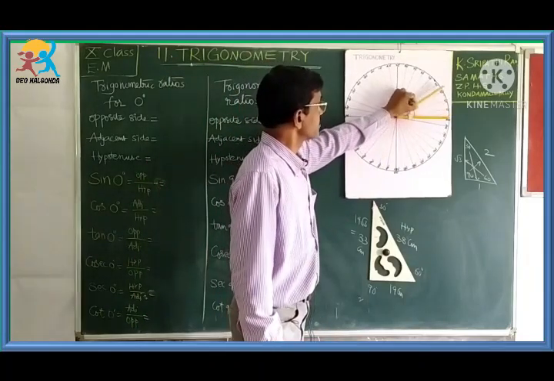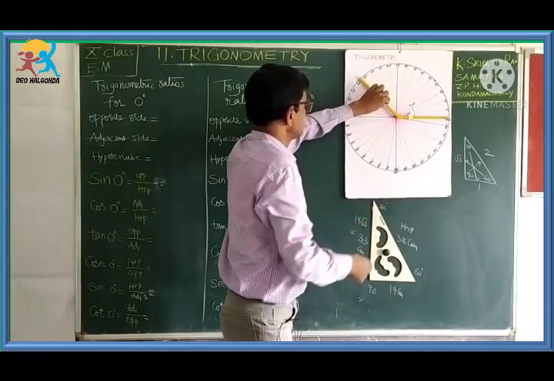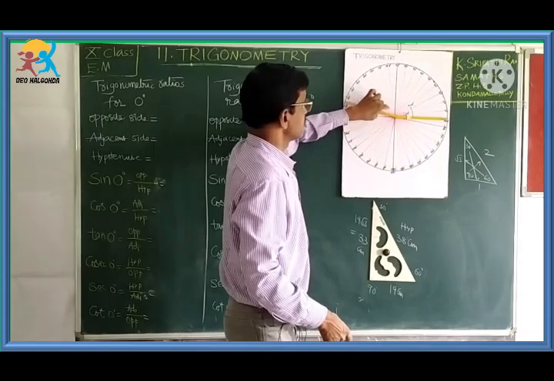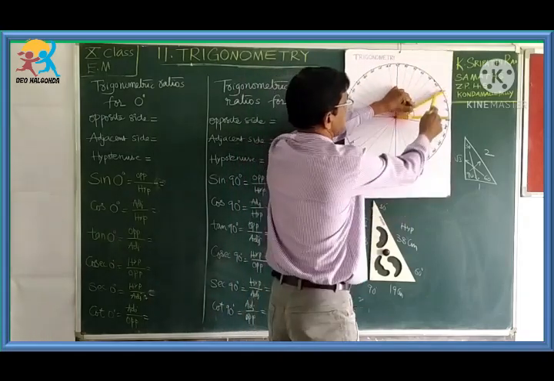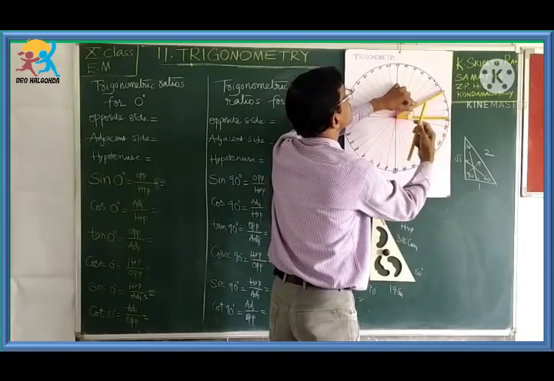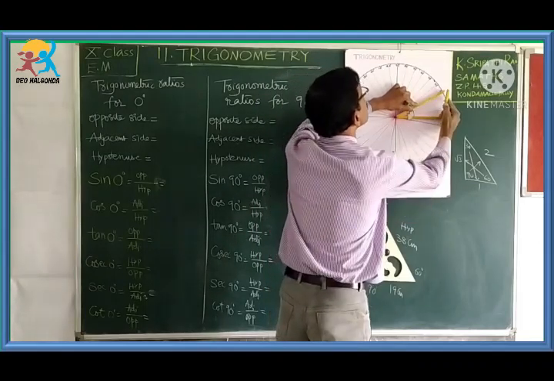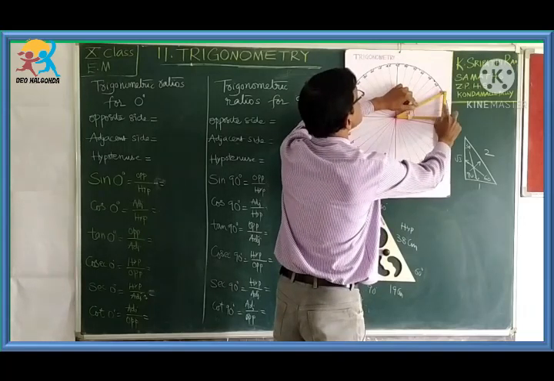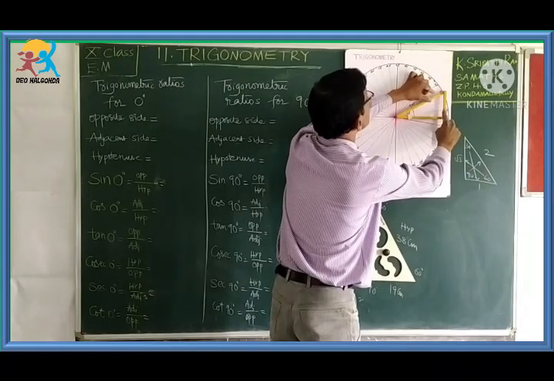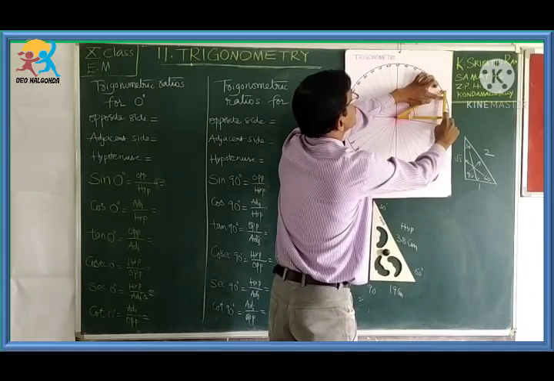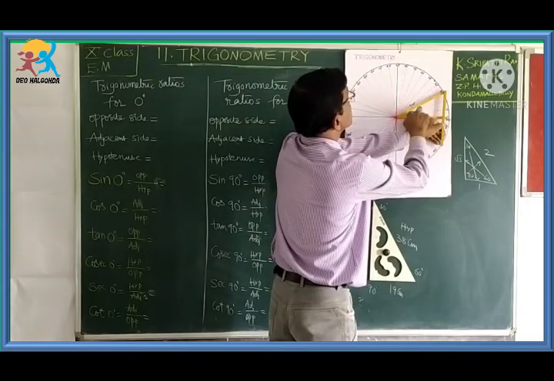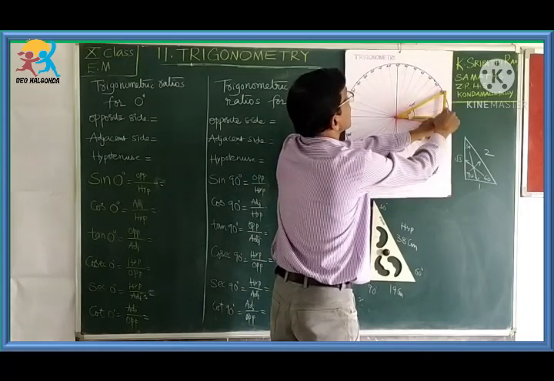This is a ray rotating about its axis in this anti-clockwise direction, this is the clockwise direction. After some rotation it reaches 30 degrees. At this time if we draw a projection to the x-axis, the initial position, we get the projection of this ray at this point. In this case this is called the opposite side, this is the adjacent side, this is the hypotenuse. At 30 degrees the opposite side is half of the hypotenuse.